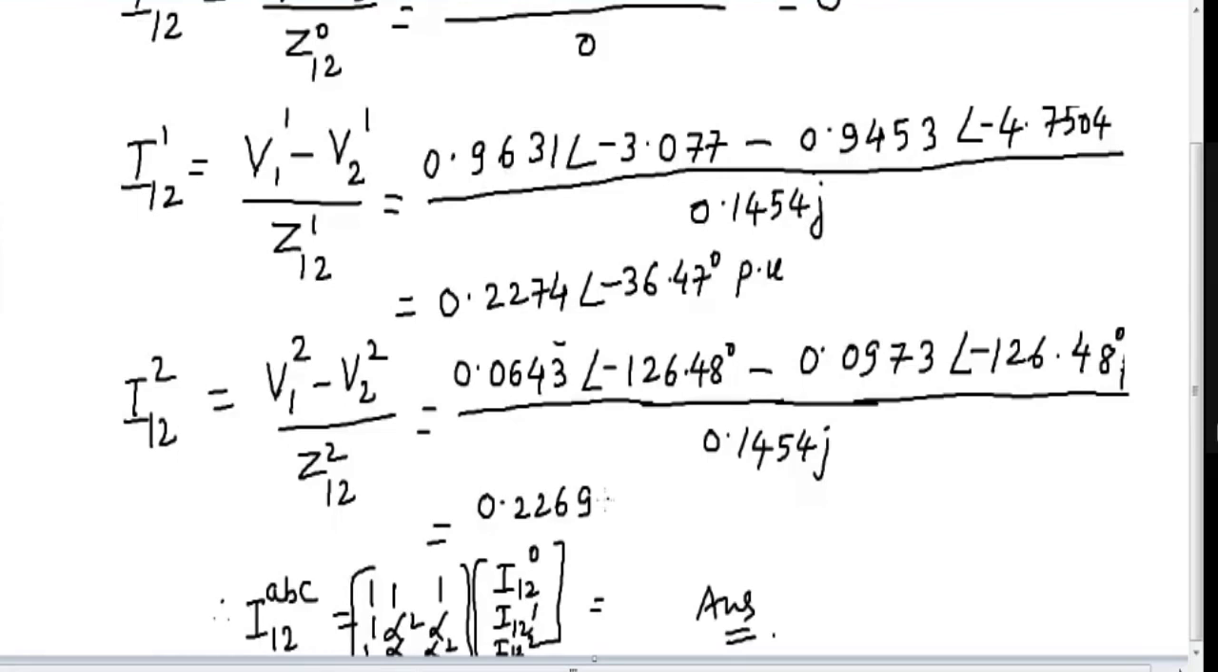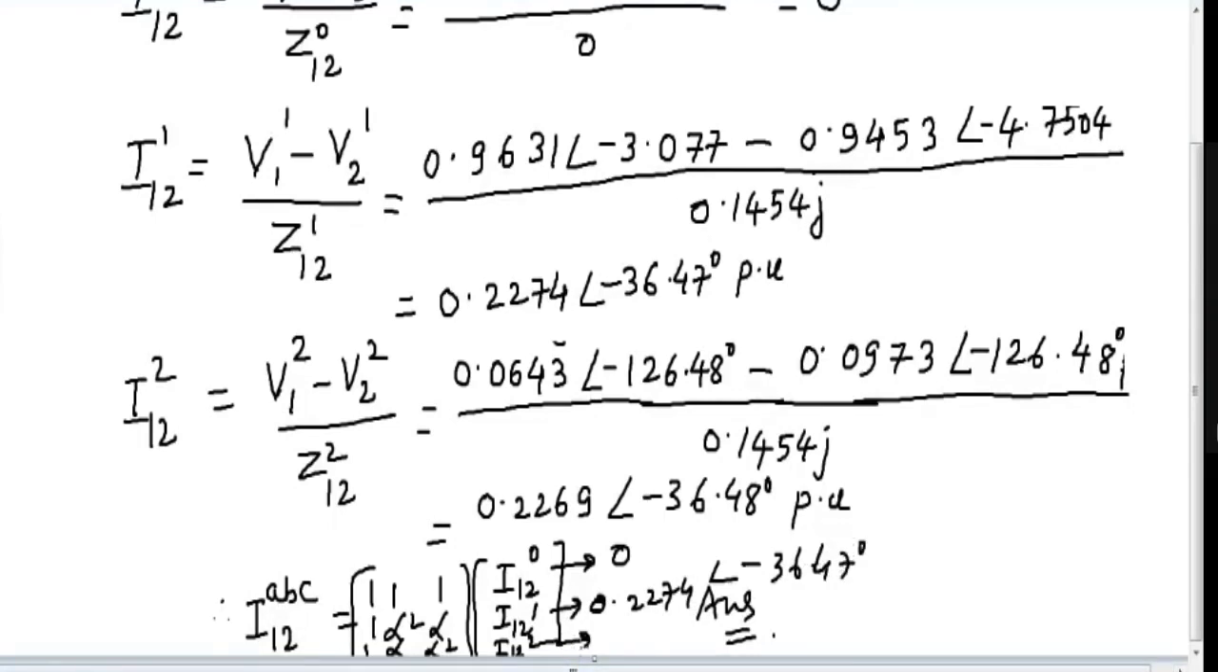At an angle minus 36.48. Okay. So in this way, we get I120 is 0, I121 you have just now got 0.2274 at an angle minus 36.47 degree, and I122 is 0.2269 at an angle minus 36.48 degree. So once you substitute this here, I12 ABC will be obtained, and in this way you can get the answers